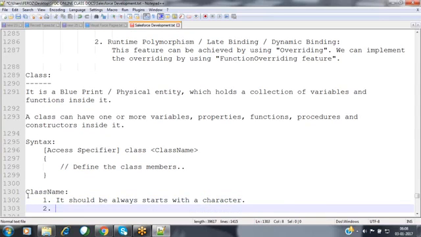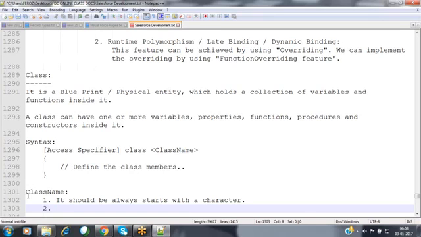When coming to the class name, please follow proper naming conventions. Based on those naming conventions, please give a proper name. Don't define the class with a name like ABC, XYZ, 1, 2, 3. Please give a proper meaningful name. By observing the name itself, you can understand the functionality of the class. Even though it may take more characters, don't worry about that. Please give a proper meaningful name for the class.